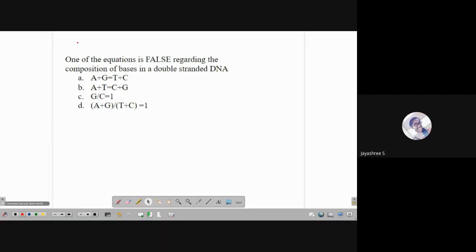Option anyone? B is false. Option B is false. B. Yes, B, that's correct. Yes, you're right. So when you're writing CSIR or these competitive examinations, you have to read